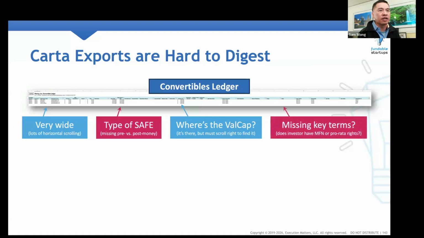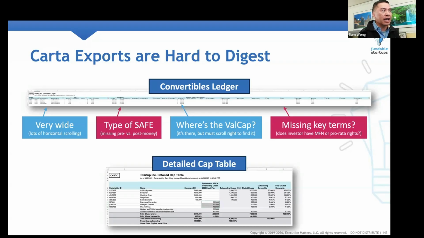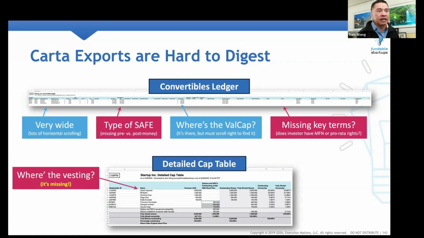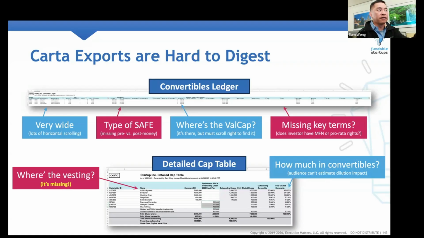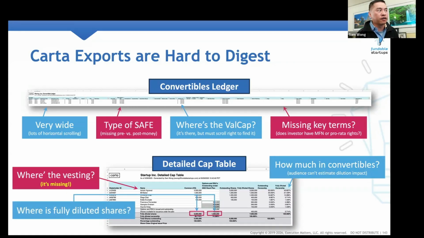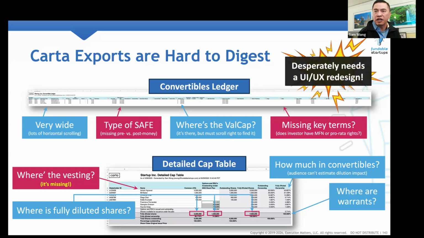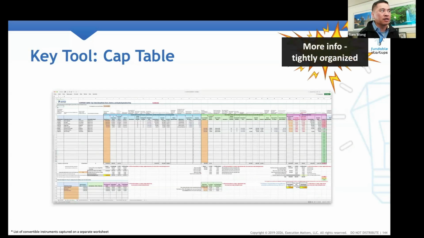And it's also missing some key terms, like does the investor have MFN or pro rata rights, which can affect a new investor's decision, because those little key bullet points can affect my investment if I'm a new incoming investor. Even in the detailed cap table export from Carta, there is no vesting data, and it's not clear how much of the detailed cap table is affected by the convertibles. Where is the fully diluted shares? It's just hard to read. And then, of course, it doesn't capture warrants. The Carta exports desperately need a UI/UX redesign, okay,